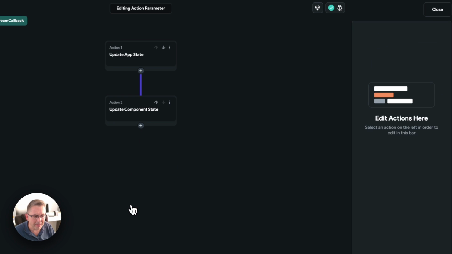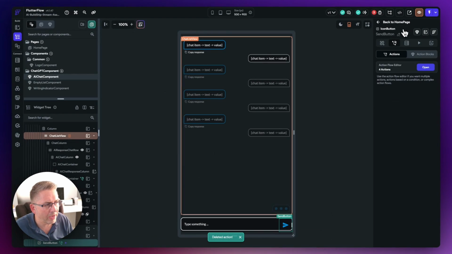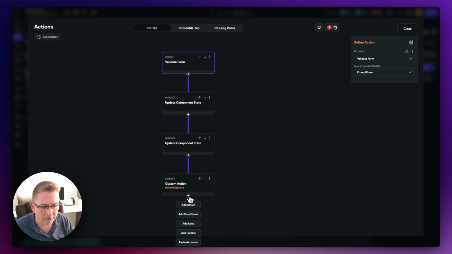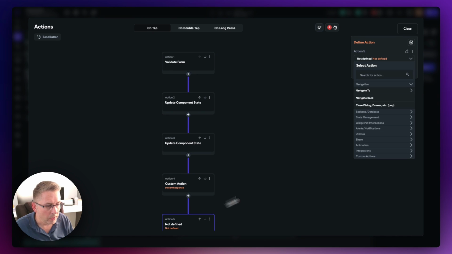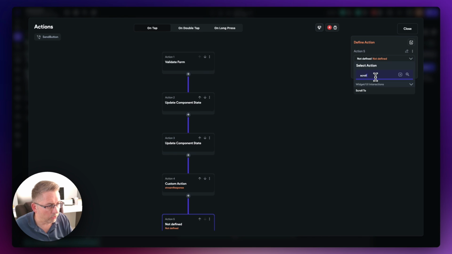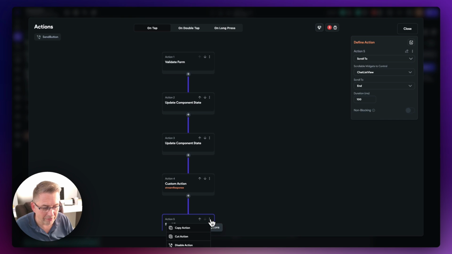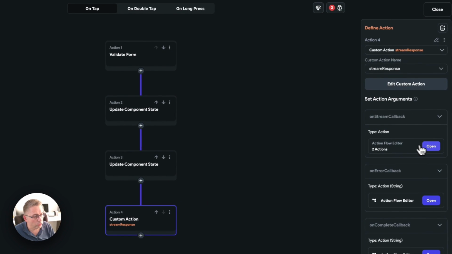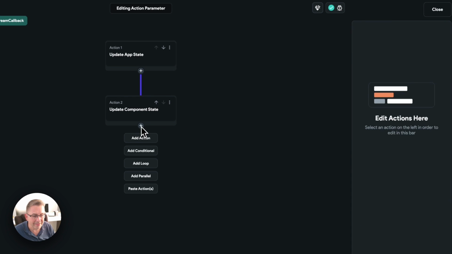If I just delete that particular action, if I just close out of this, I go back into these actions here. If I just hit the plus here and hit add action, I can then add the scroll to here. I could just add scroll to, and I can choose then the chat list view. Now what I'm going to do is select this and cut this. I'm going to go back into my on-stream callback, and I'm just going to paste it in here,